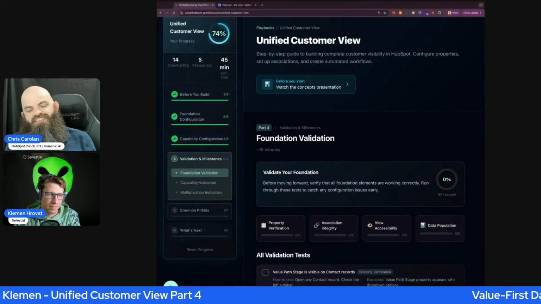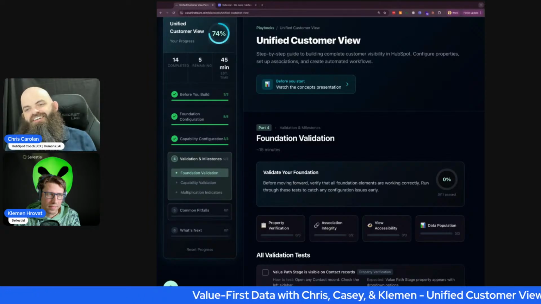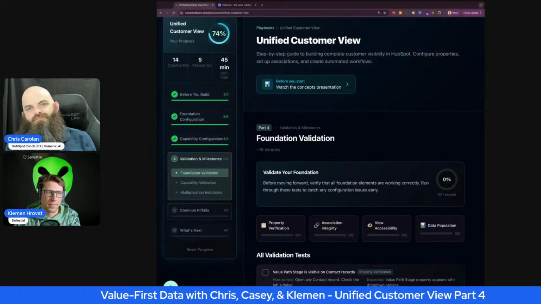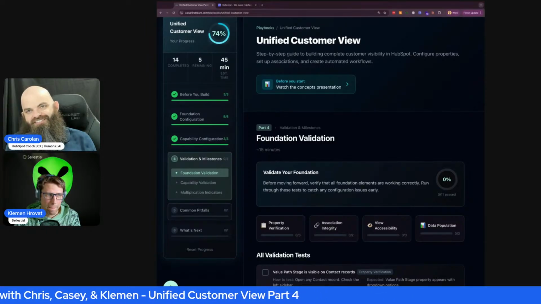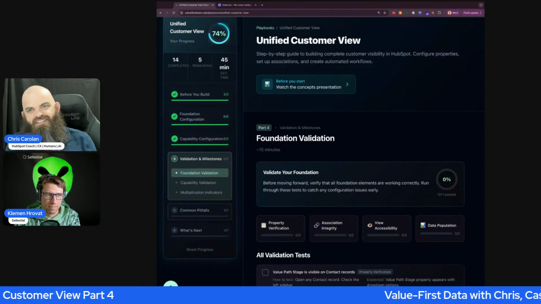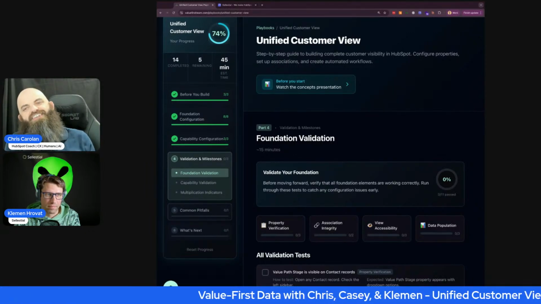And I was feeling pretty good last week when HubSpot announced the agentic customer platform, which is very much in line with our unified views and creating a space for AI and agents to come in and work alongside humans.